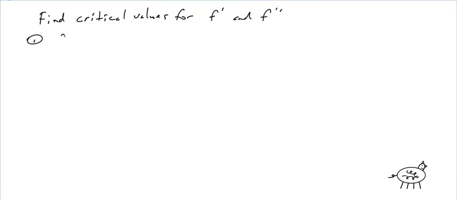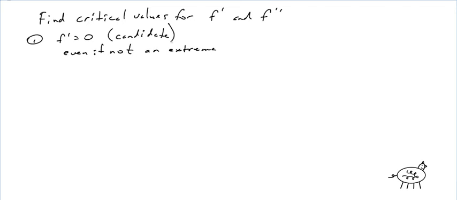What you're going to do is find critical values for f prime and f double prime. The first thing is when f prime is equal to 0, even if not an extrema, because remember that's a candidate when f prime is equal to 0. It's a candidate, not necessarily guaranteed. So even if not an extrema, we still use